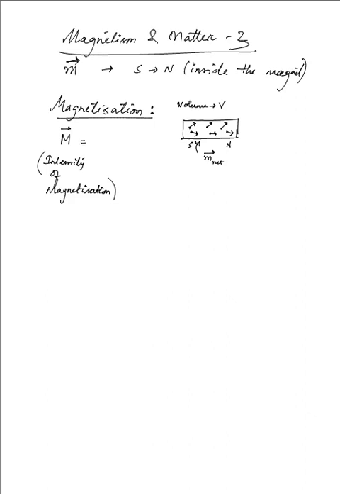Intensity in the sense of how intense the magnetic dipole moment is in that region. So the density of the magnetic dipole moment will give me the magnetization. That means we will be having a net dipole moment associated with the magnet per unit volume of that magnet. This is how we define the magnetization, or the intensity of magnetization, of a given magnet,